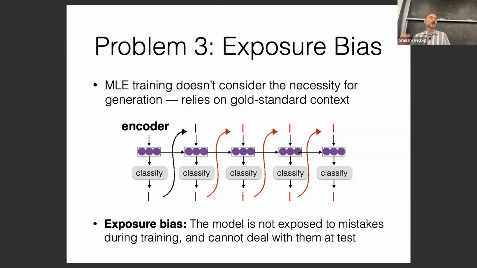language has this burstiness property where if you say a noun 5 times in a document, you're much more likely to say it again later in the document because that's the topic of the document. So it makes a lot of sense. But on the other hand, language models tend to get in this bad loop of repeating things over and over again. So that's largely an exposure bias problem. And there's other problems like that too.